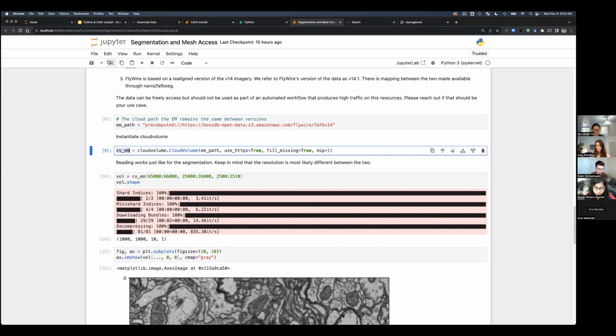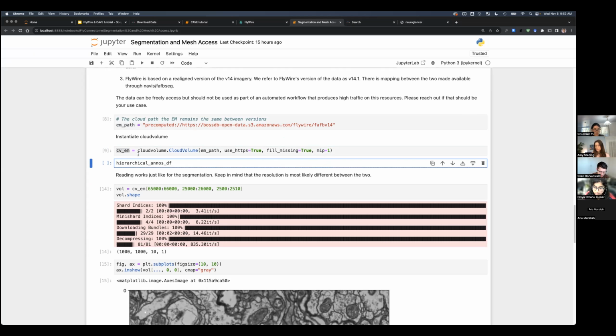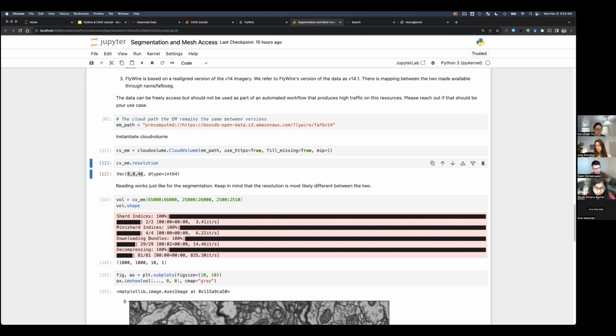That has historic reasons, and when you do that, you will see that the resolution here is 8x8x40, and that is because the segmentation was actually not performed at the highest available resolution. The segmentation was performed at 16x16x40, and the EM data is available in Neuroglancer at 8x8x40. And if you have a use case that requires it, we also have 4x4x40 available,